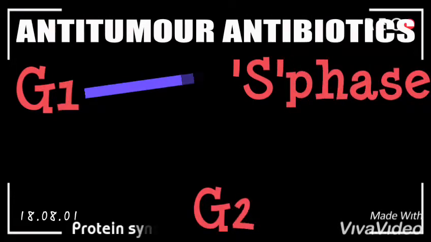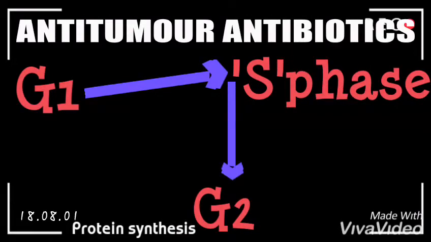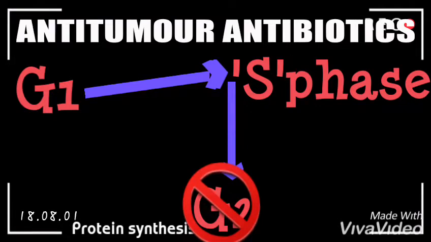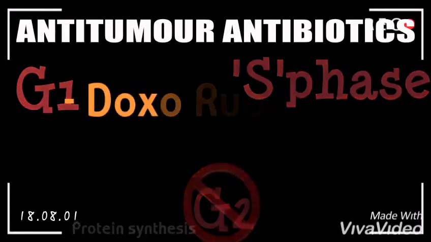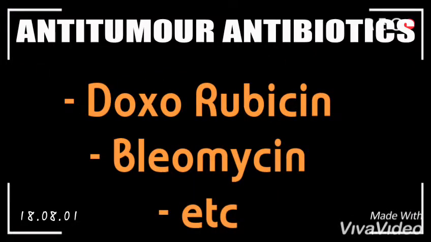Anti-tumor antibiotics. These drugs work on the G2 phase. In the G2 phase, if you remember very well, we said this is where there is synthesis of proteins. Now, the mechanism of action of these drugs, just in summary, they inhibit that process of protein synthesis, hence damaging the cell. And some of the examples of drugs that you can find under this category, we have doxorubicin, bleomycin,